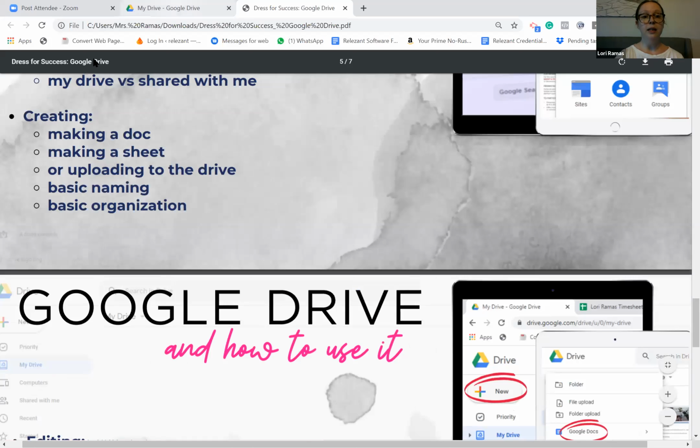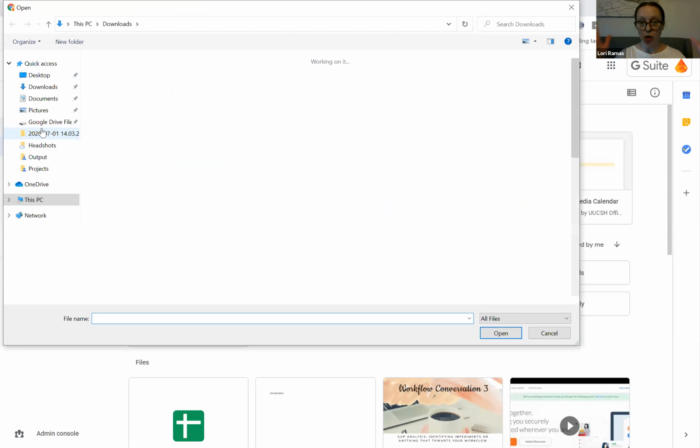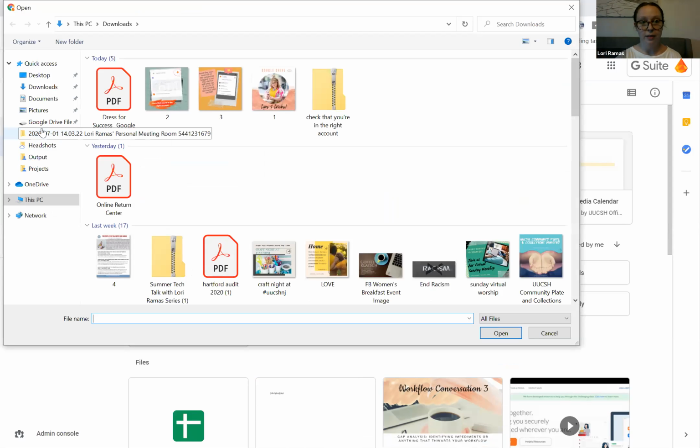Okay, let's quickly just go over new file upload. So this is when you want to upload usually a single file, a doc, a PDF. So for example, maybe you just paid your water bill and you know how you get the PDF or something like that. File upload, and you want to save it in the drive because now you're saving everything.